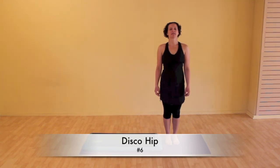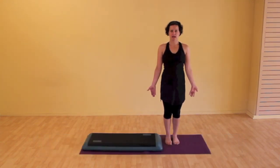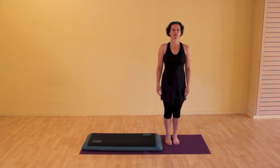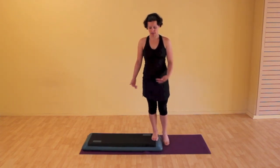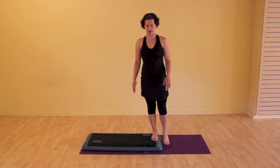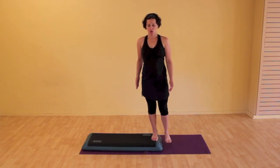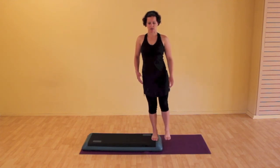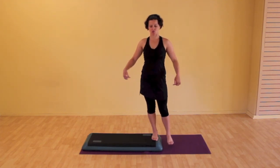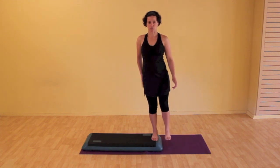The final exercise is the disco hip. You can do this either standing on the floor or with your foot elevated. If you're going to stand with your foot elevated, stand all the way to the left of a step or a small riser. You're going to allow the right hip to drop out to the side, the left foot's relaxed, and then bring it back to center. So your spine is neutral the entire time. You're moving from the hip region,